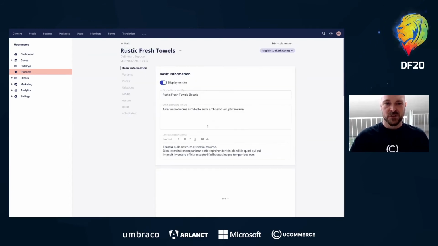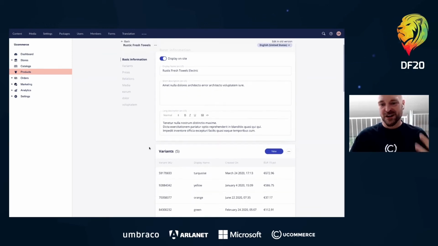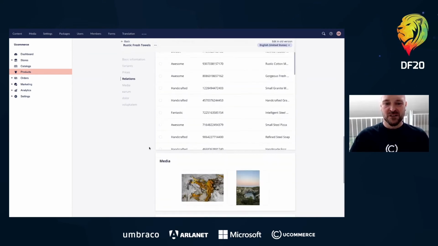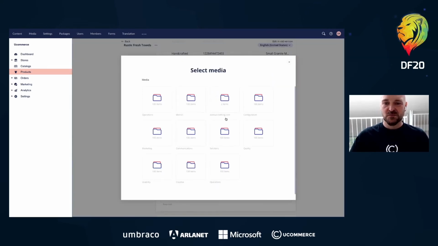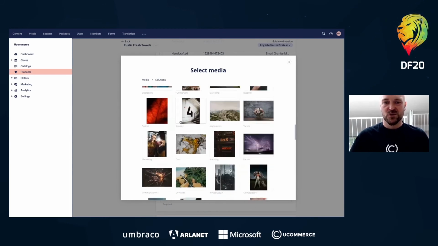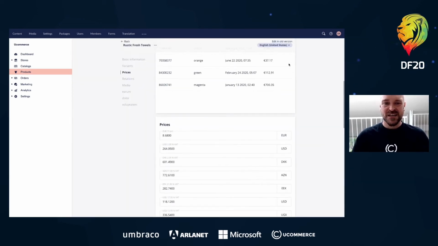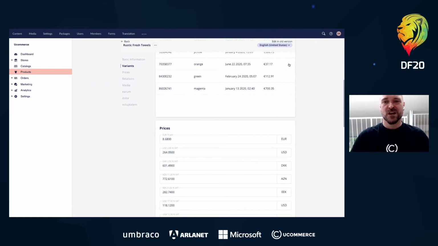Let's take a look at a product real quick. So one of the cool things about being integrated with Umbraco is that we can leverage the capabilities that Umbraco has. So login and all that good stuff, but also media, of course. So we can go ahead and just use the media items right from Umbraco. We're actually shipping a new version of this very soon with multi-pickup capability. Well, it is shipped actually. So it's just a great example of how Umbraco and Ucommerce work together to create that overall experience for the merchant and the customer.